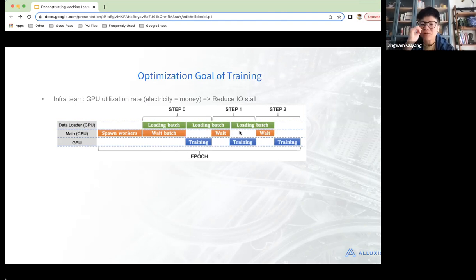And for inferencing, the GPU utilization rate is very important, because once the GPU is on, there is electricity burning, and that is money. All those wasted times are money wasted also. So usually one of their goals is to maximize the GPU utilization rate.